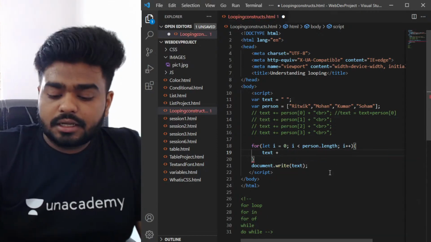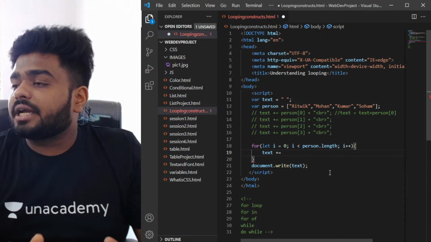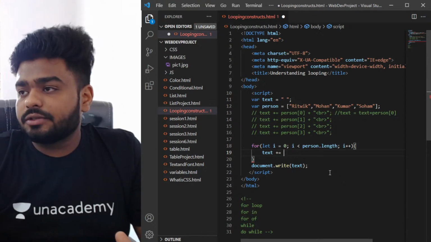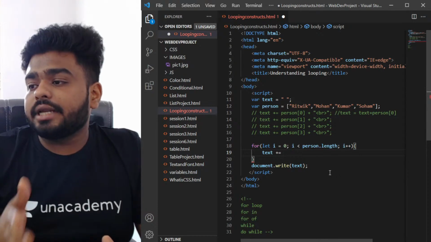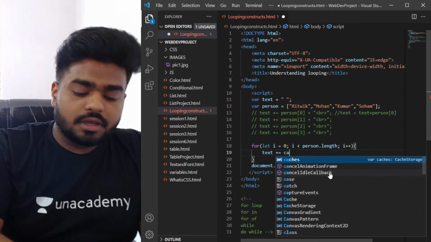So I want the resultant value to come into the text variable, correct? That means all 4 names should come in the text value, and that's what I'm doing here. So I'm going to write here